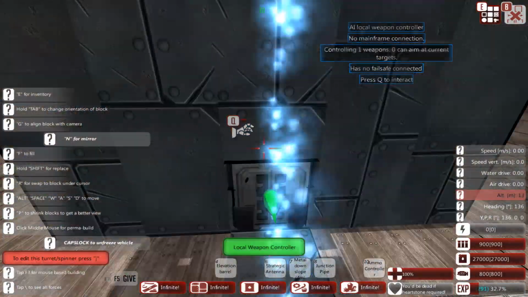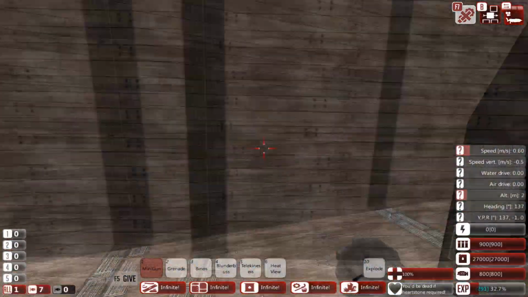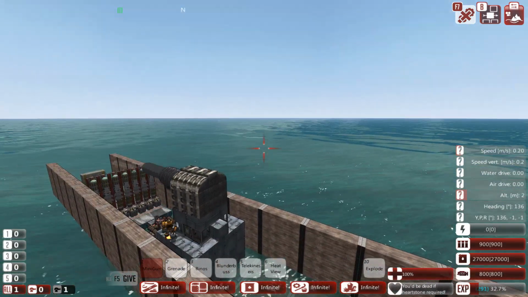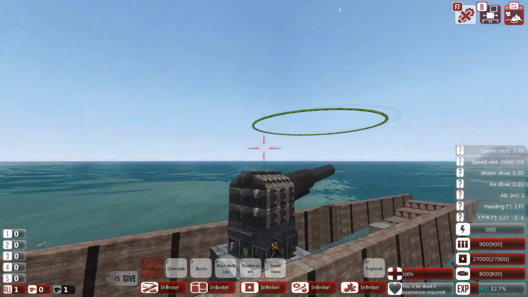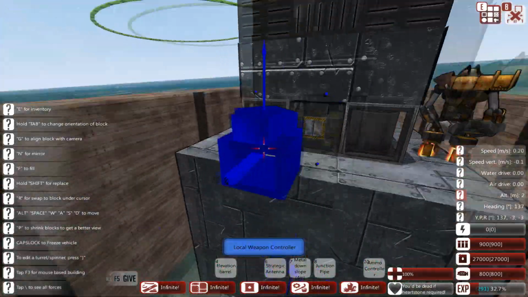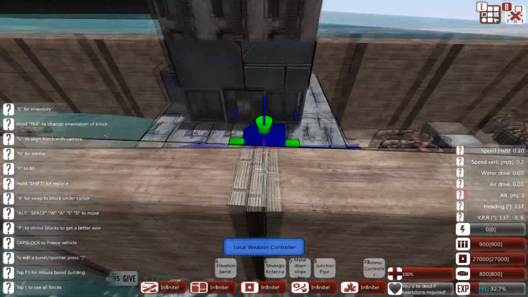The local weapon controller here is able to connect to the turret just fine. And if we grab Rambot, where are you buddy? There he is. Let's find our turret. You'll see that even though that box is sort of completely encapsulated, it's actually able to turn just fine. It's just the way that spin block mechanics work in this game. This is a good way to keep a 3x3 turret at least a little bit armoured, and makes them survive a bit longer. And we still have room for a local weapon controller at the front, so let's get back